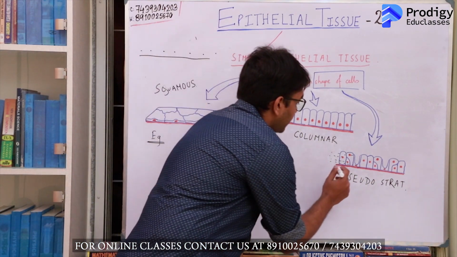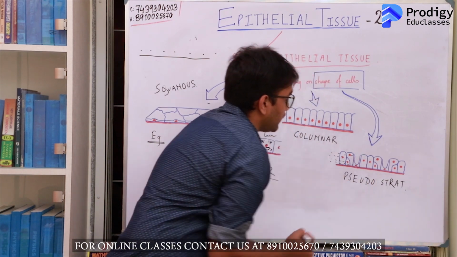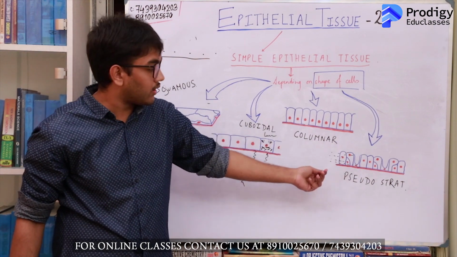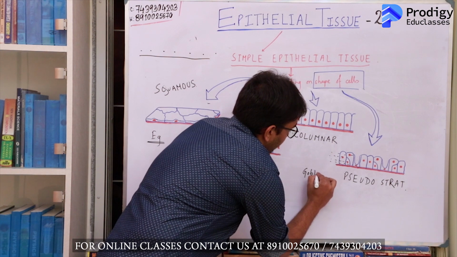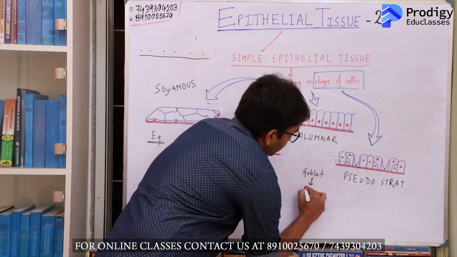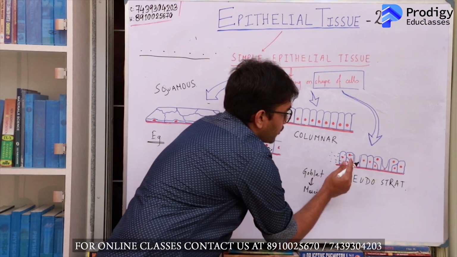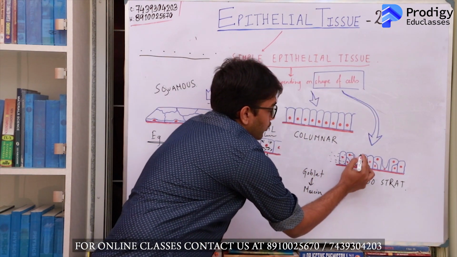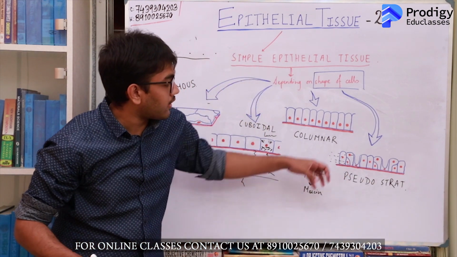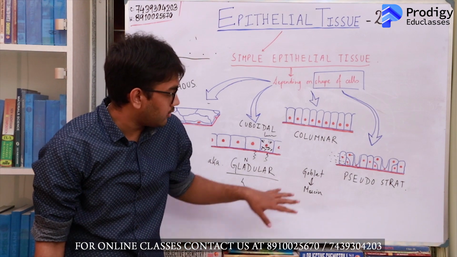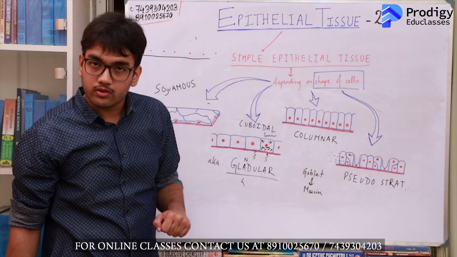In pseudo-stratified epithelial tissue, you will find some cells which have a large cavity. These are actually goblet cells which secrete mucin. Now these cells contain a lot of mucin in the apical portion, and they secrete this, whereas only the lower part of the cell cytoplasm along with the nucleus remains, and the most part of the secretion has gone up. Okay, so these are the goblet cells. You will also find goblet cells in the columnar epithelial tissues.